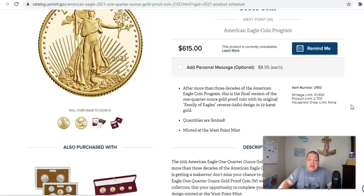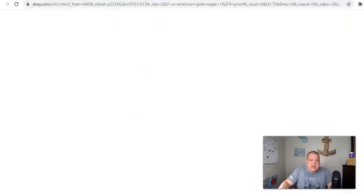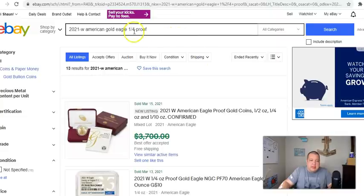I don't think that's the case, just because of the website issues for the checkout process. That was not going to happen. There wasn't going to be one person monopolizing all 2,700 coins of this singular listing. So $615. All right, let's go ahead and check out how much the quarter, as you can see, I put 1/4